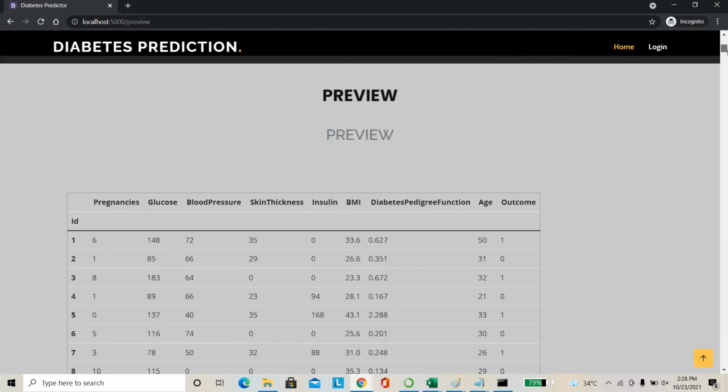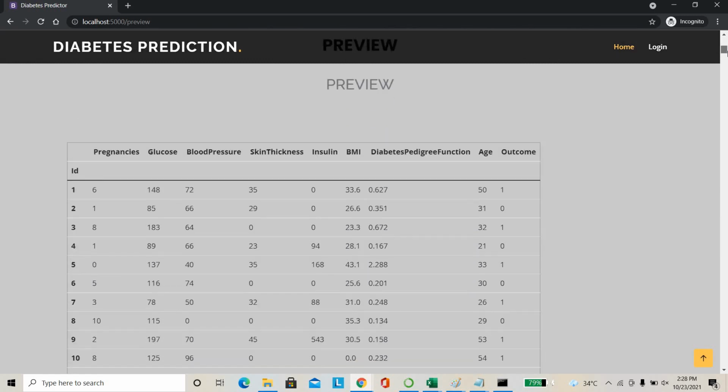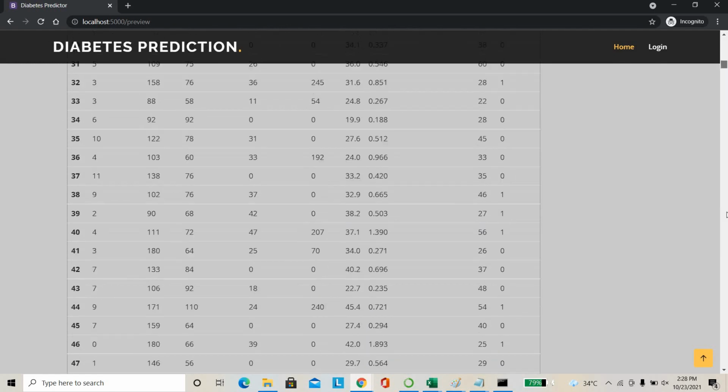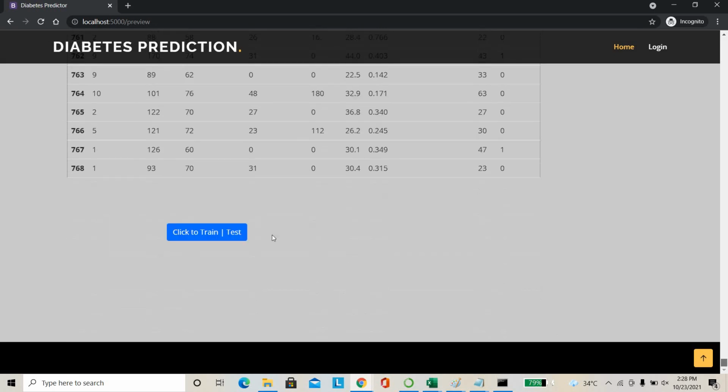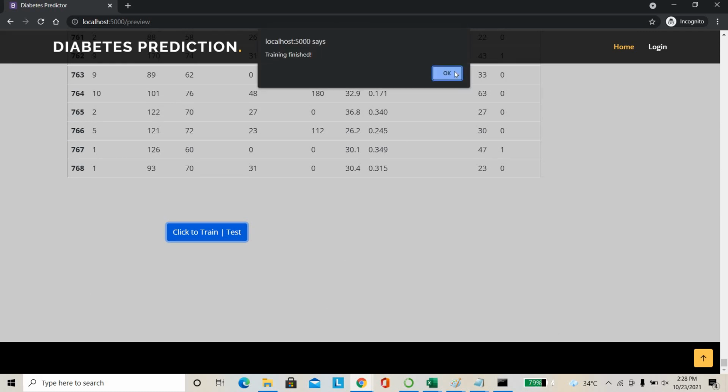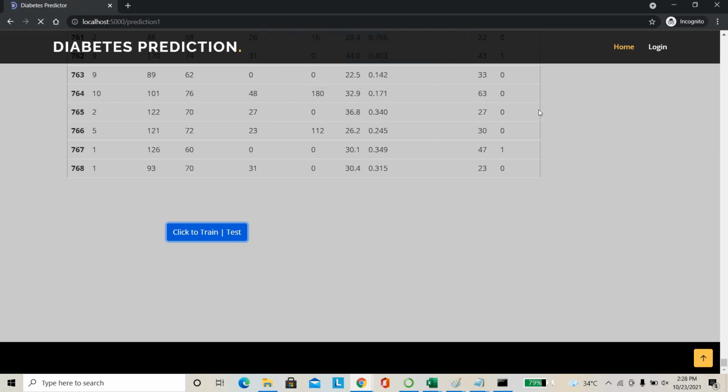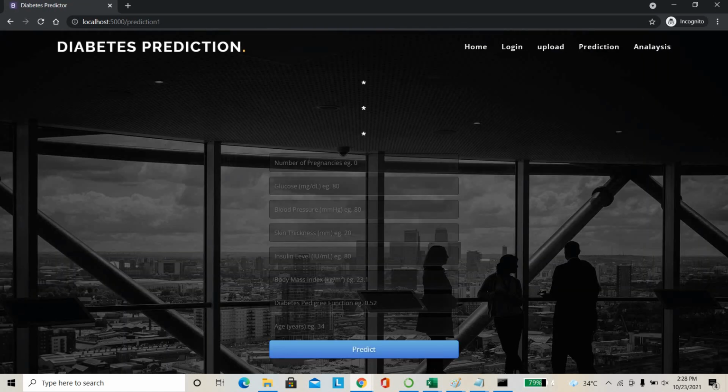This is my dataset: pregnancy, glucose, blood pressure, skin thickness, insulin, BMI, diabetes function, age, and outcome. Then I'm using training. So training finished.